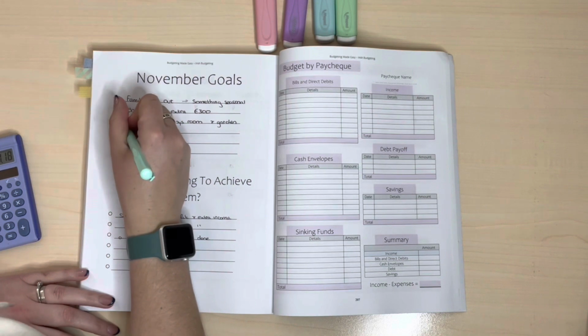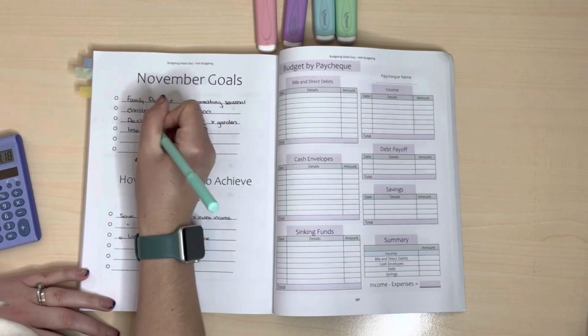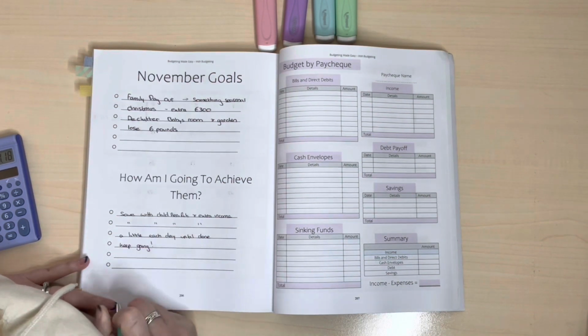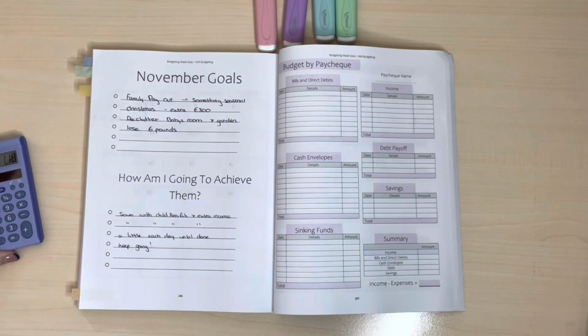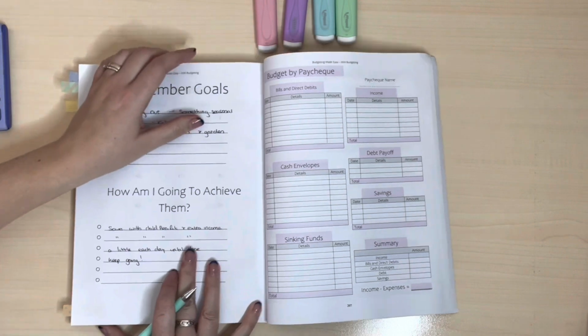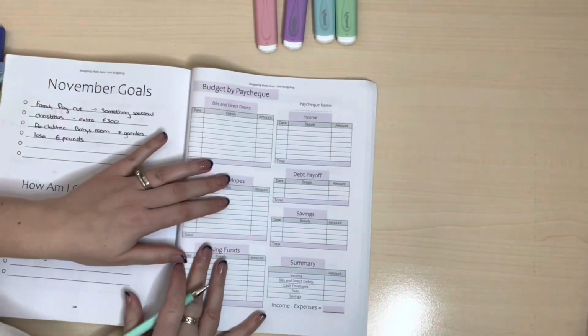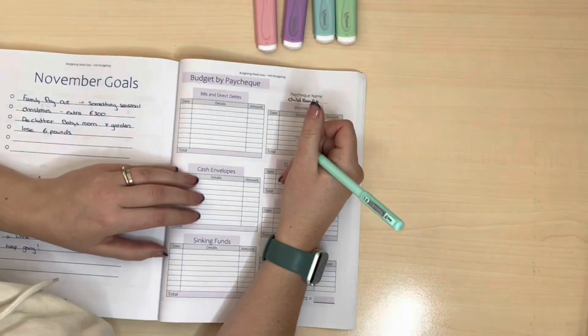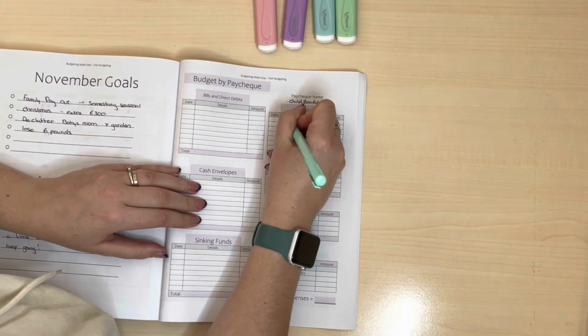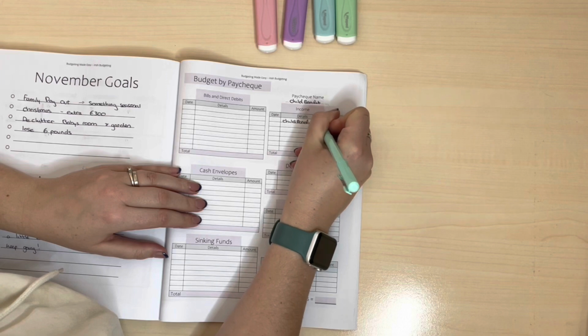And then also it is to lose. Now, so they are my November goals. So now moving on to our paycheck. So this is the child benefit payment. Our income is child benefit and it's a double, getting